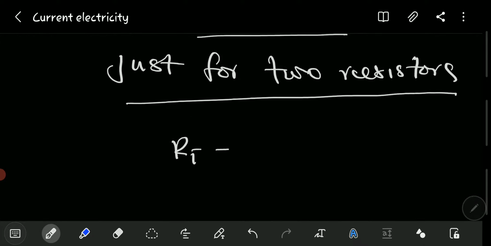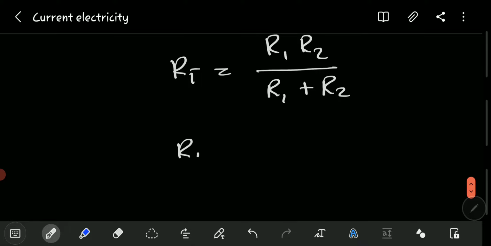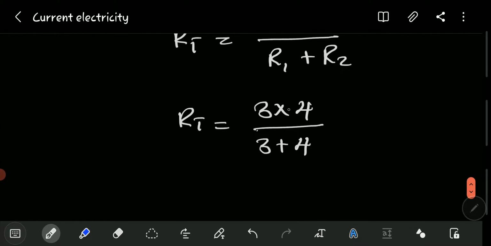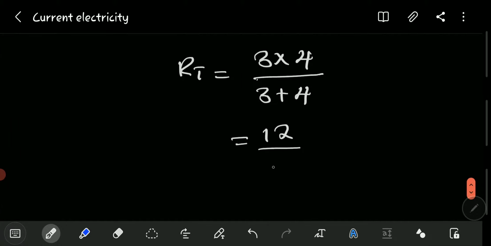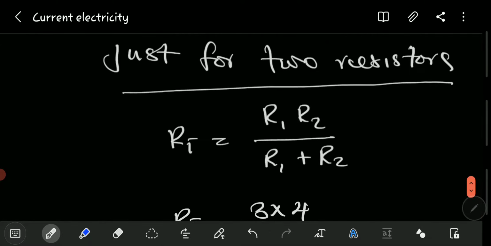R total is equal to R1 times R2 over R1 plus R2. This will get the job done. So in our case, R total is equal to 3 multiplied by 4 divided by 3 plus 4. So 3 times 4 is 12 over 3 plus 4 is 7,